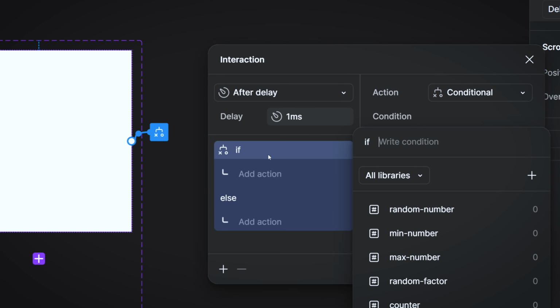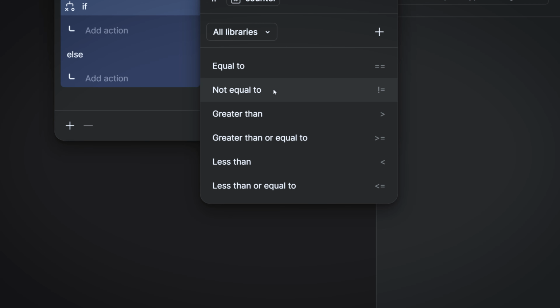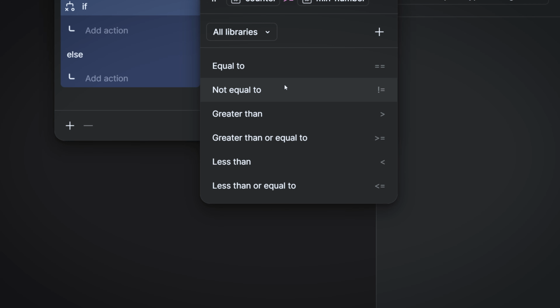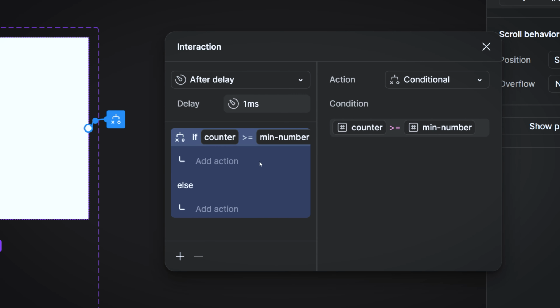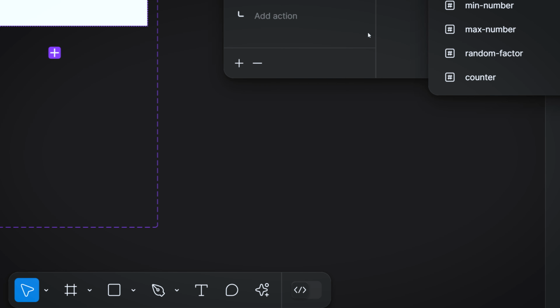Now we have our interaction panel and we have the first condition that we would like to check. The first condition is to check if our counter number is bigger than or equal to the minimum number that we define. This means either we are basically at the minimum number, or our counter is at the beginning of the counting process. The next condition that we're going to check is if we reach the maximum. So this was the first condition, and if the condition is true, then we would like to set the